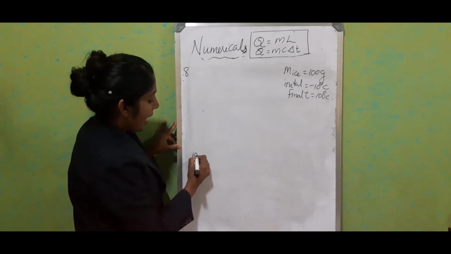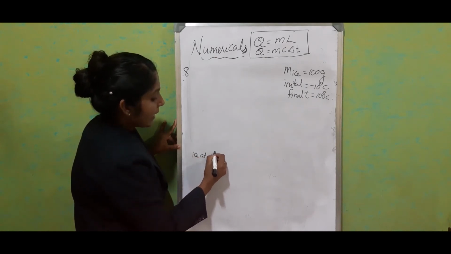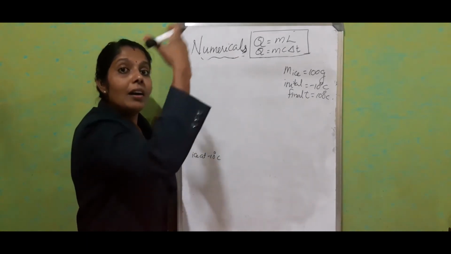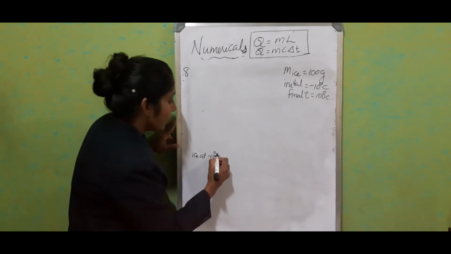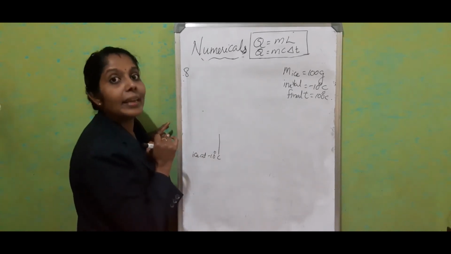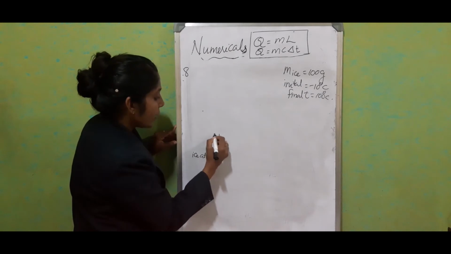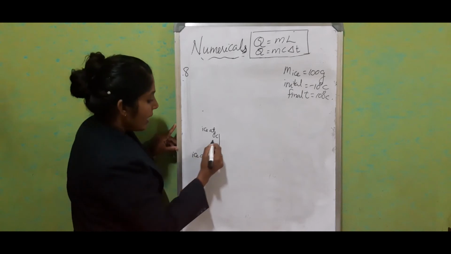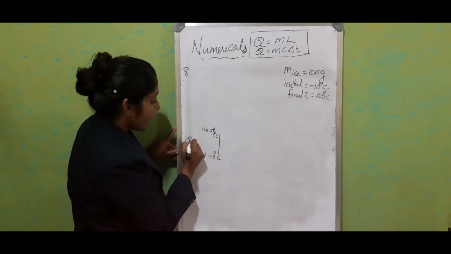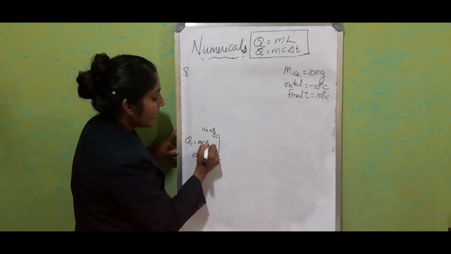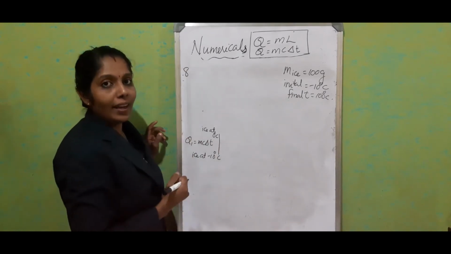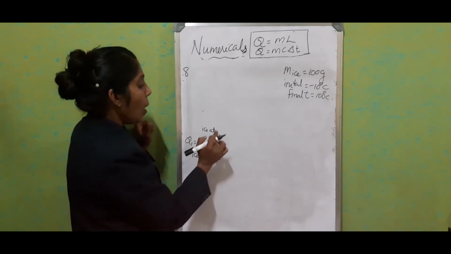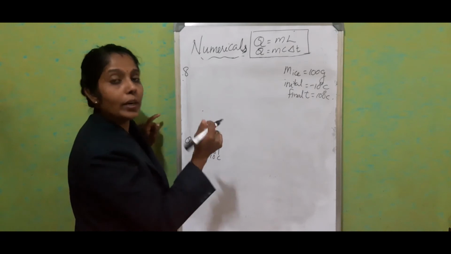We have ice at minus 10 degrees Celsius. Okay, so before it becomes 100 degrees Celsius water, initially it has to increase the temperature. Okay, so here temperature change, it comes to ice at 0 degree Celsius. Okay, here temperature change happens. So here I am marking it as Q1 is mc delta T. It absorbs the energy. Only temperature is changed. There is no state change. Once it reaches 0 degrees Celsius, what happens?